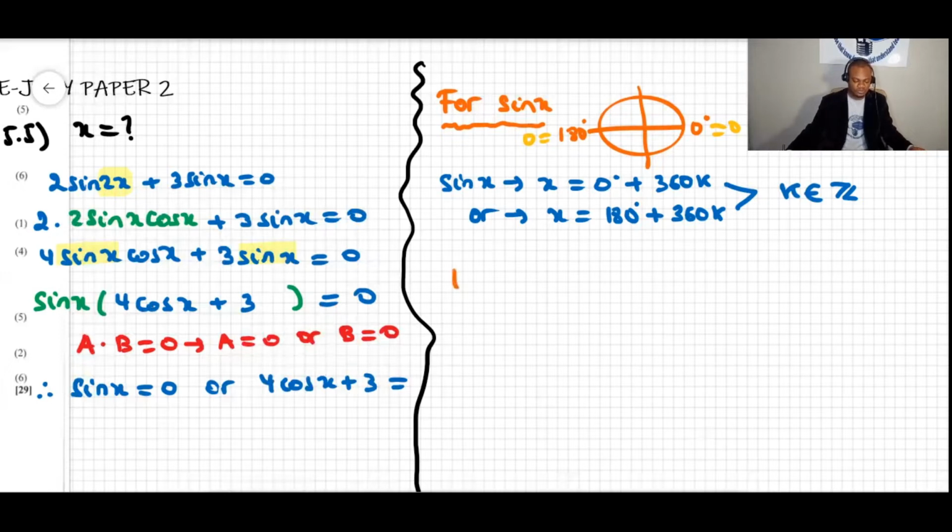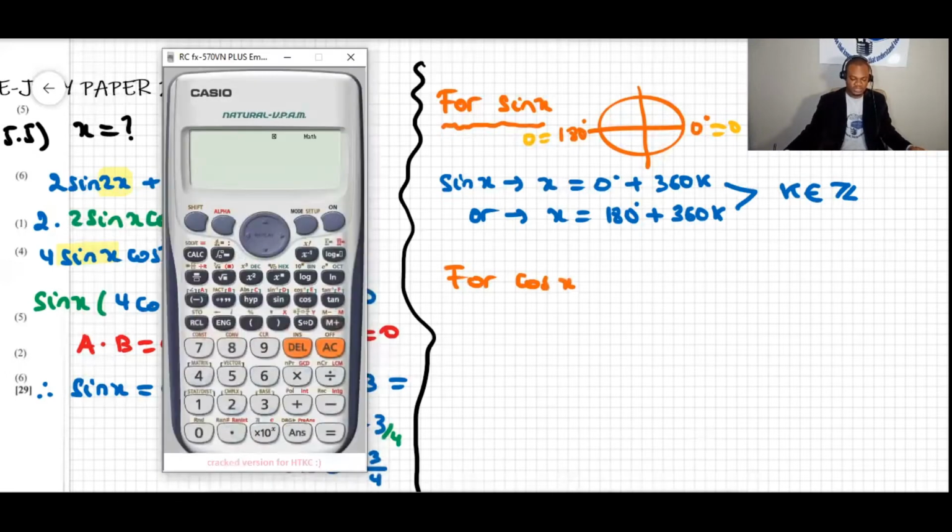Now for cos, for this side we can continue to work this out. This means cos x equal to -3, so cos x will be -3/4, because we have to simplify by 4 on both sides. So on the right here, for cos x,